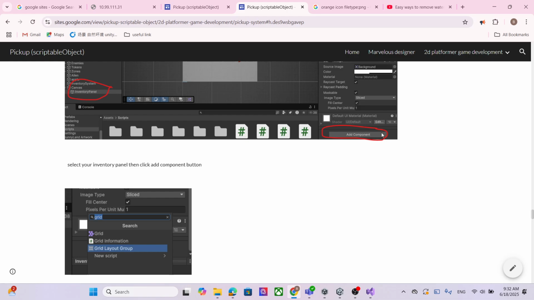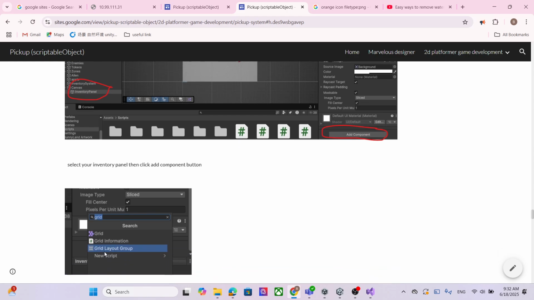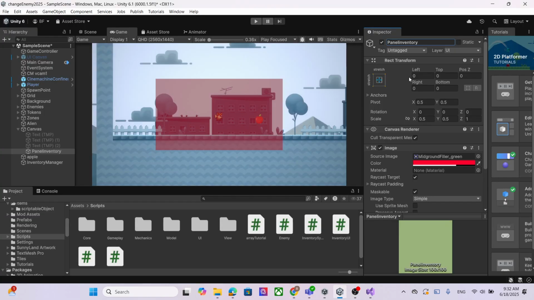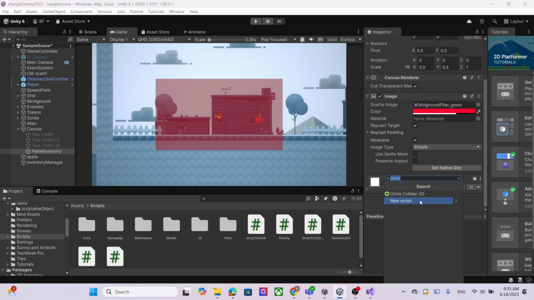Okay, and then you need to add the components. Okay, and add this grid layout group. This grid layout group will organize, arrange your slot for your item. So how far you want to place them. Okay, start from which, start from where. Okay, so this one, choose your panels, and you need to add the